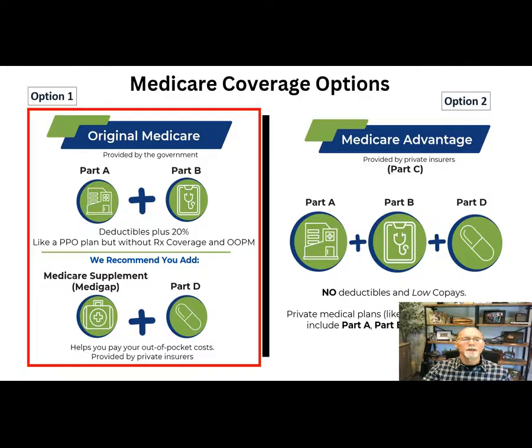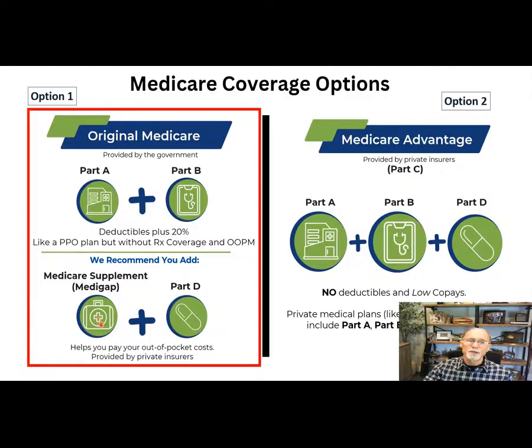So everyone must get original Medicare Part A and Part B. To cover the out-of-pocket costs, you're also going to get either a supplemental plus Part D, or you're going to go to a Medicare Advantage plan, which covers Part A, Part B, and your prescription drug plan. Okay, so option one works like a PPO model. It gives you freedom, and you're just going to add a supplemental and Part D to cover your out-of-pocket costs. If you go with original Medicare and a supplemental, you can go to any doctor, any hospital throughout the nation that accepts Medicare. So you don't have any network. You've got real freedom there, no referrals or prior authorizations.